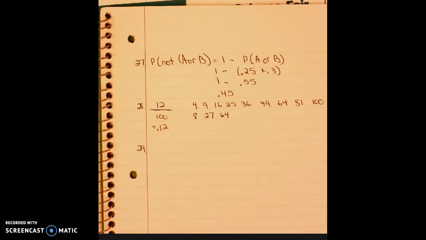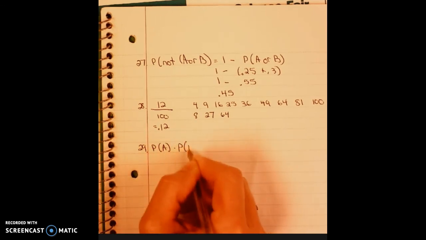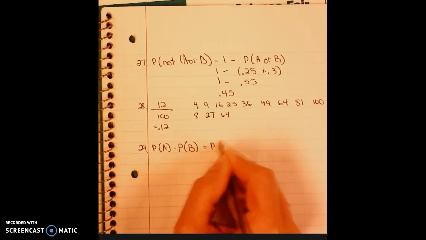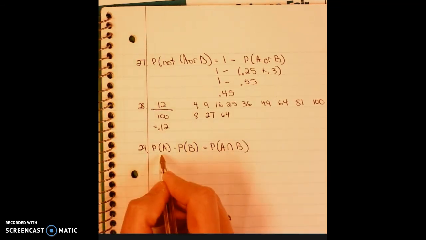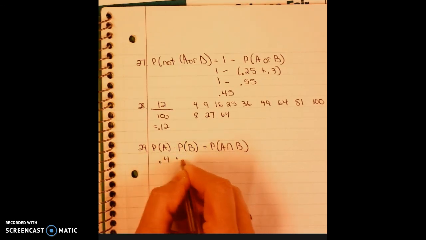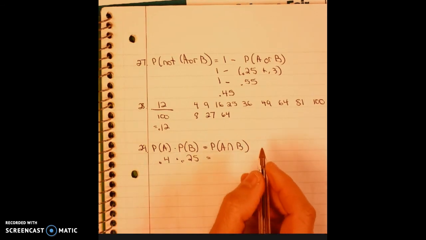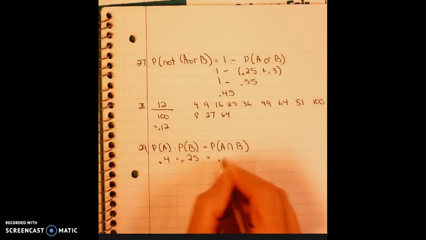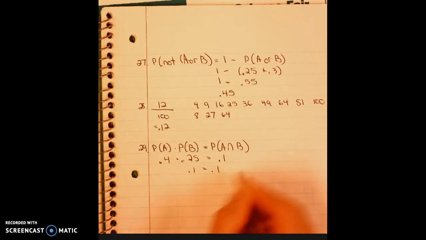29. Determine whether the events are independent or dependent. So I'm looking at the probability of A times the probability of B has to equal the probability of A and B. The probability of A I've been given is 0.4. The probability of B is 0.25, and the probability of A and B is 0.1. So I end up with 0.1 equals 0.1, so these are